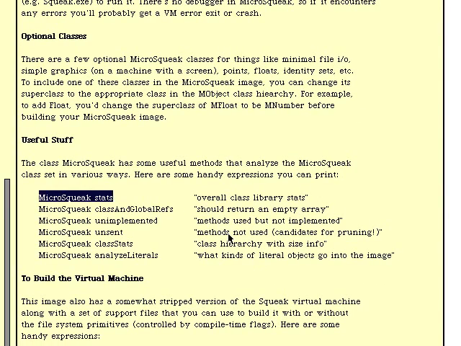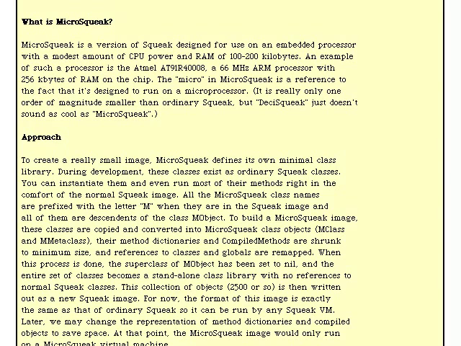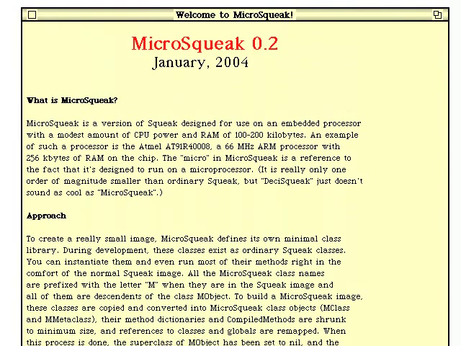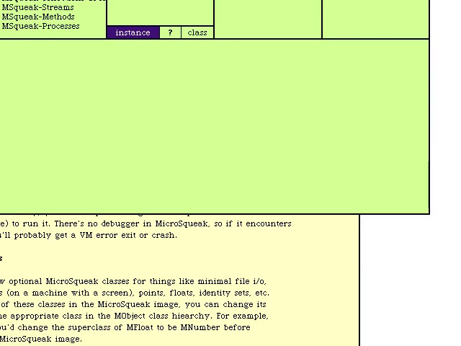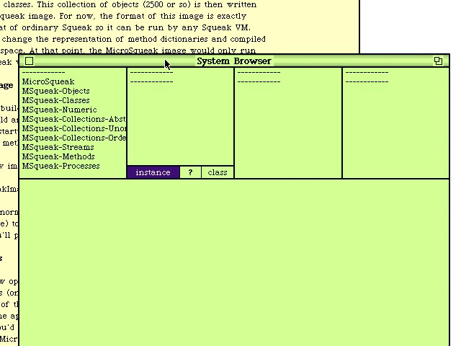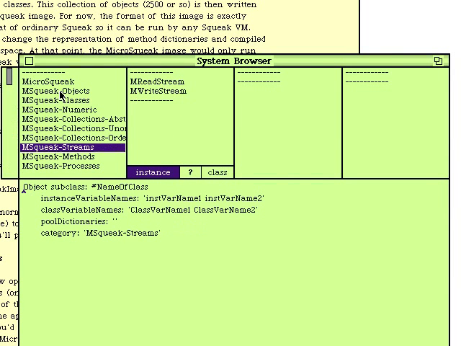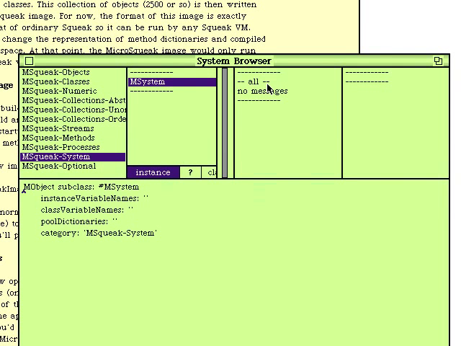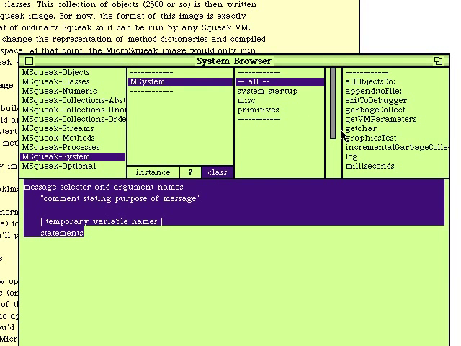So if we open up the development image, we will see basically some introductory remarks, and we can go to a browser and take a look at the classes. There are two kinds of classes in MicroSqueak: M classes, which get compiled into that tiny image, and the rest of the classes. We'll go to M system class side start, because whatever you do when you start your image,